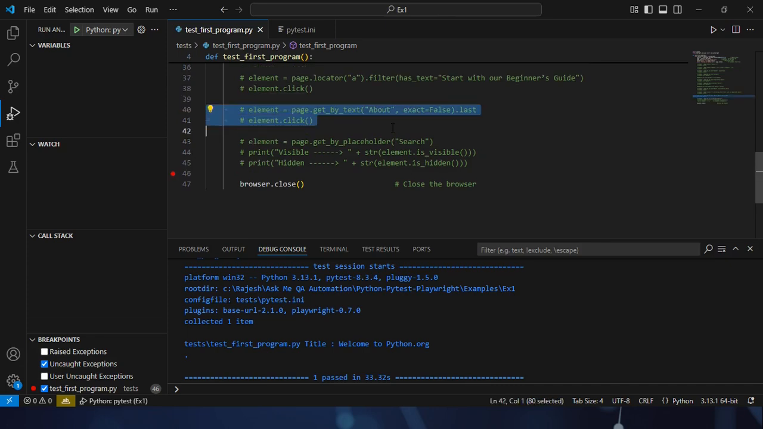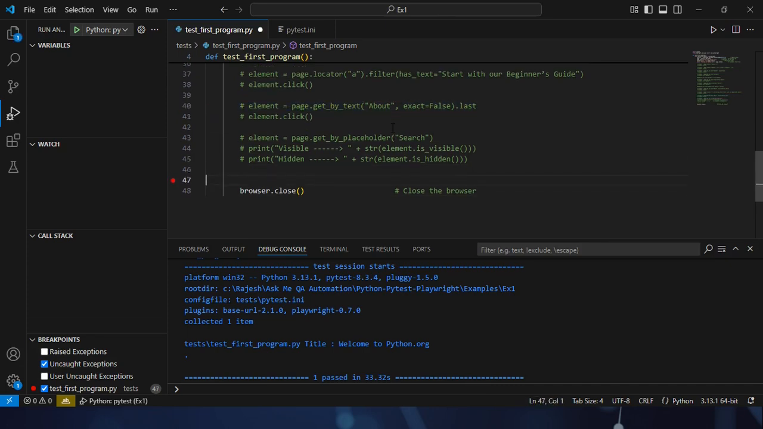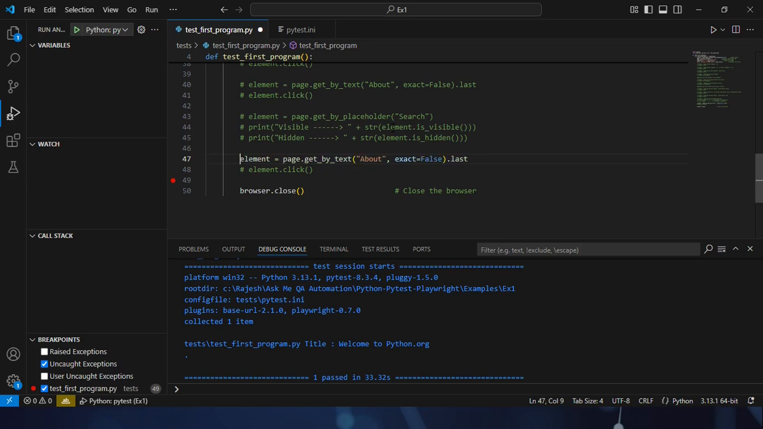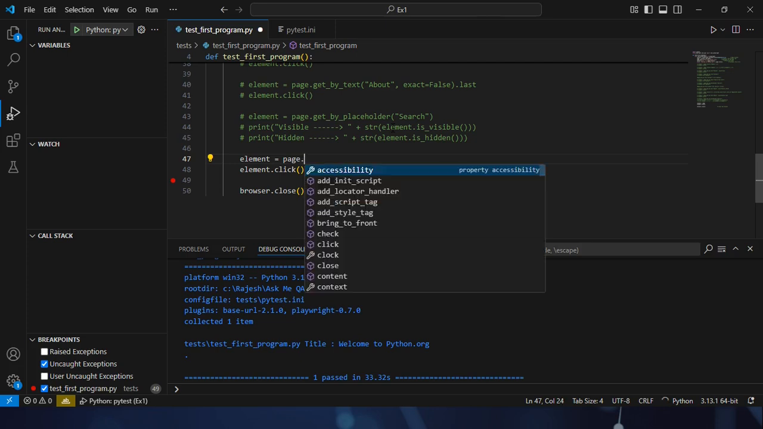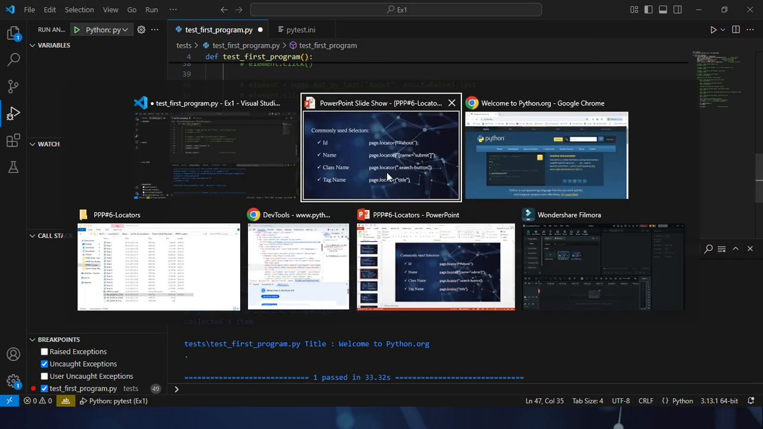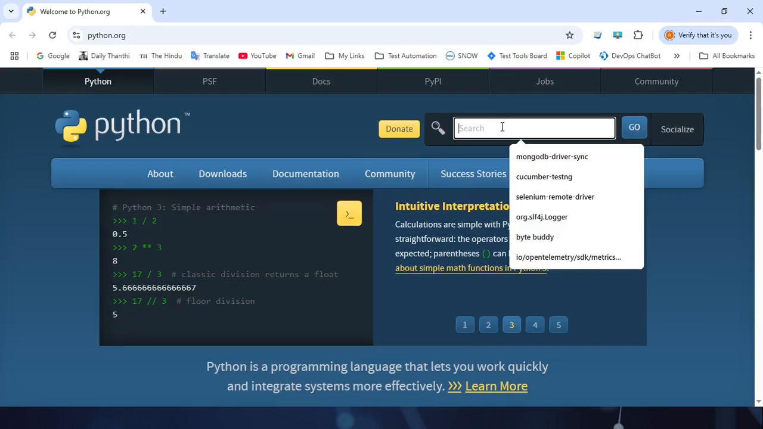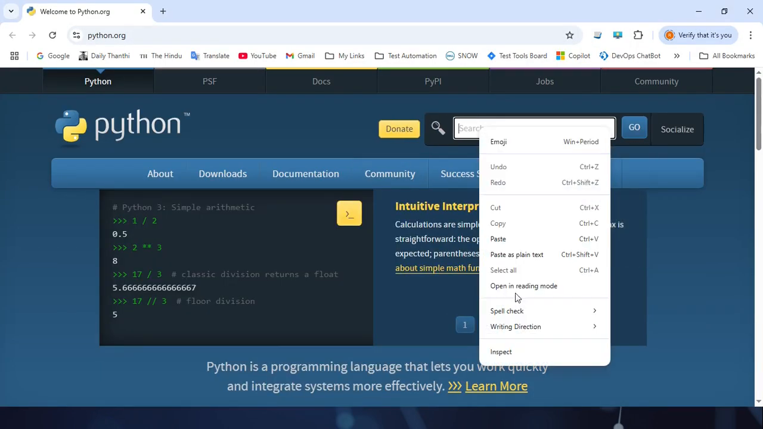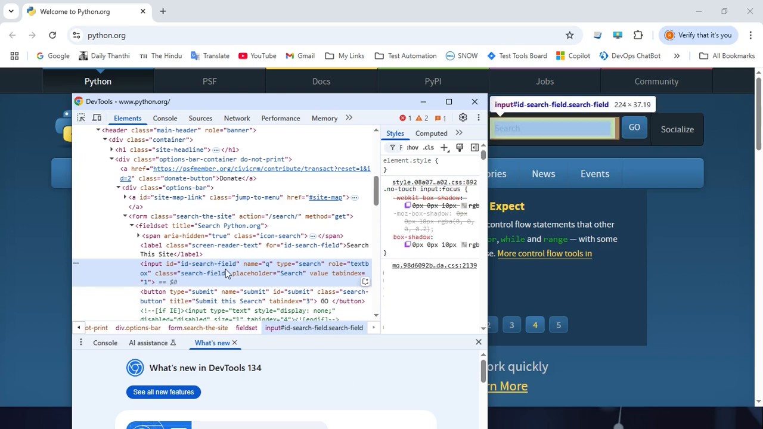First, I will show you how to use ID. So I will use the locator method. Now we have to copy the ID. I'll take the ID of the search box. So the ID of search box is id search field. So I'll copy this,